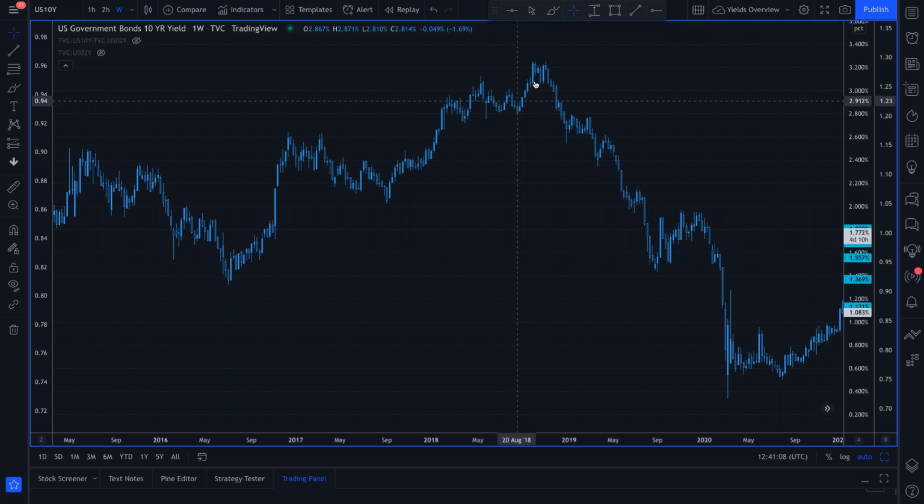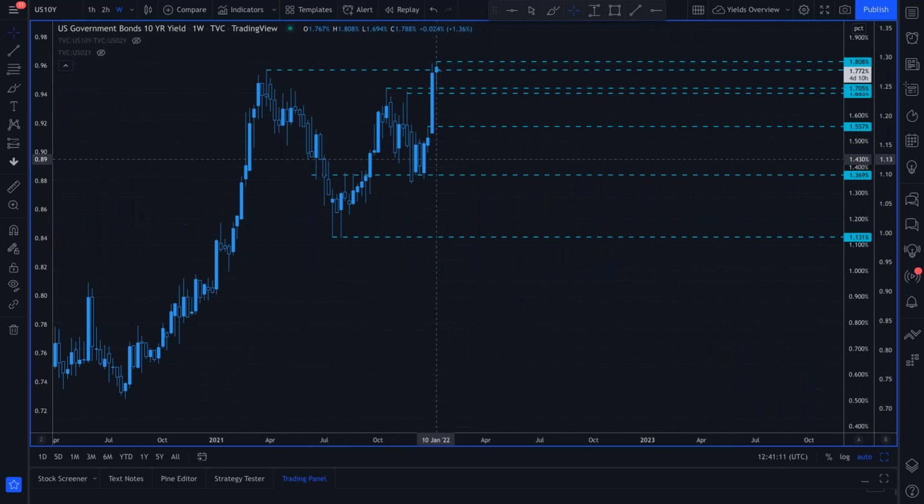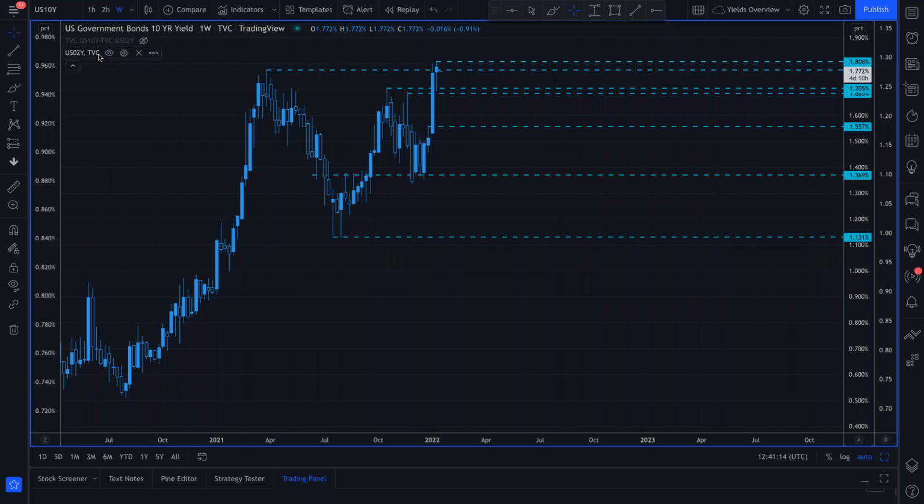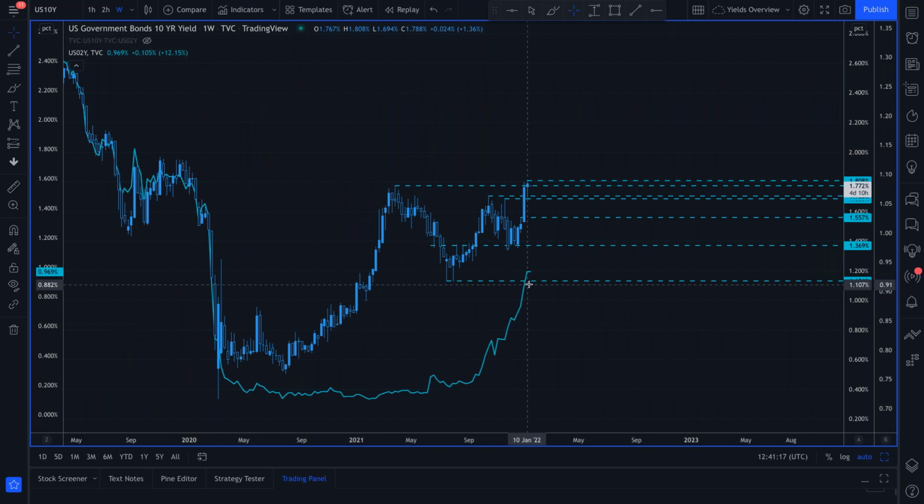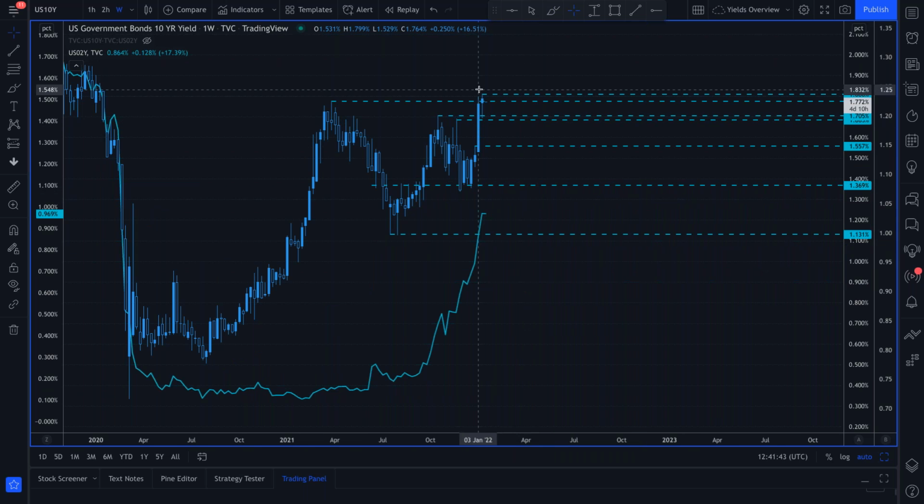So 10-year yields moved higher, and then they fell off sharply. At the moment, it's a bit of a surprise to see these 10-year yields move higher. Now, the 2-year yields, that's not a surprise, because the front end of the bond curve, the 2 years, is more sensitive to interest rate expectations. The 10-year, the further end of the curve, is more sensitive to growth and inflation expectations. So we are expecting growth and inflation to slow. So it's a surprise to see the 10-year yields rising as high as the 2-year yields are at the same time. This could easily end up being a false break of this 1.80% region.